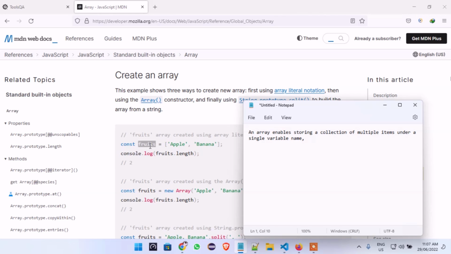Now you can have an array of names and then have different names. You can have John, you can have James, you can have Michael, you can have Elizabeth under the array of names. So that is just all what an array does. An array enables storing a collection of multiple items under a single variable name. And then the next thing we're going to look at here is that